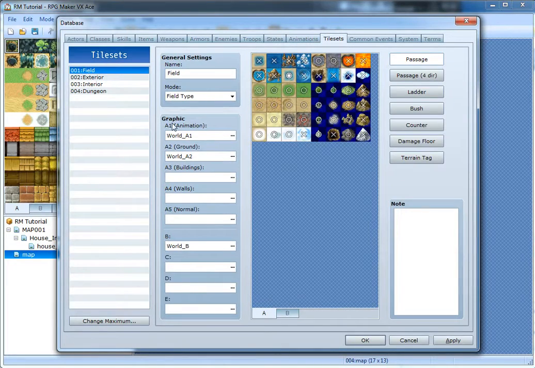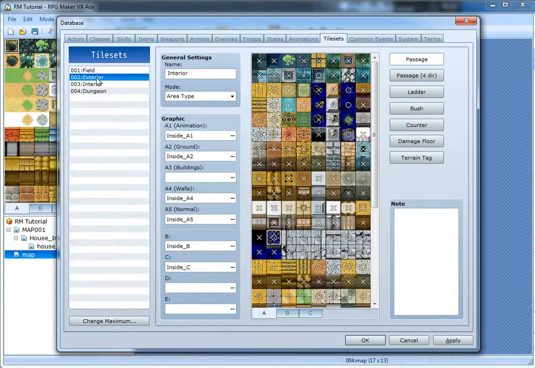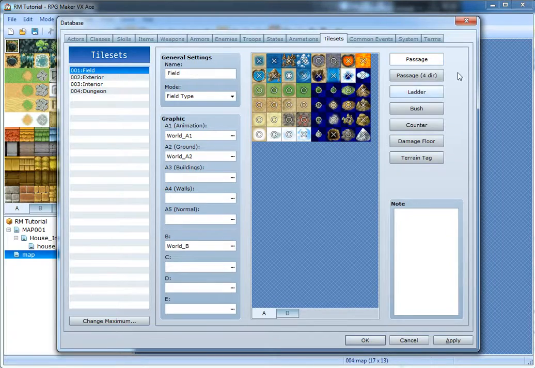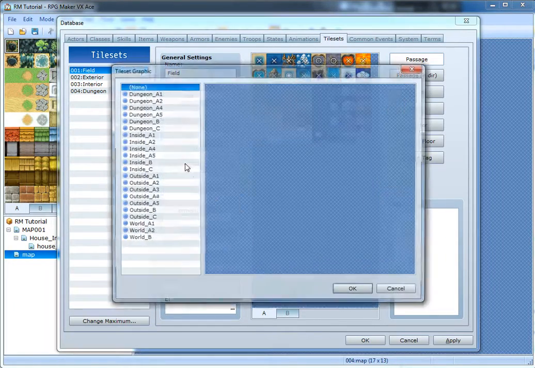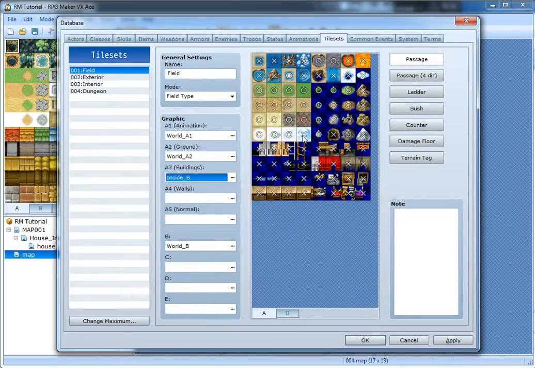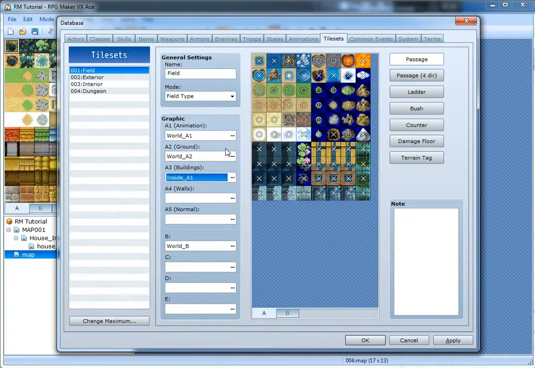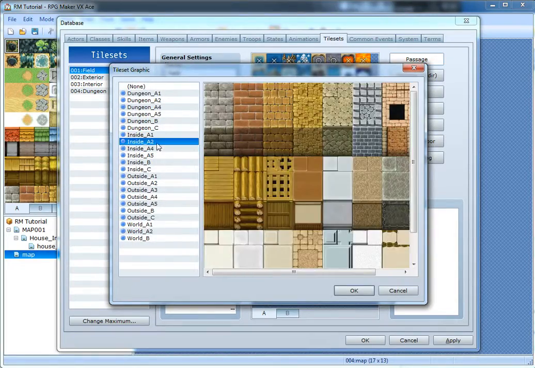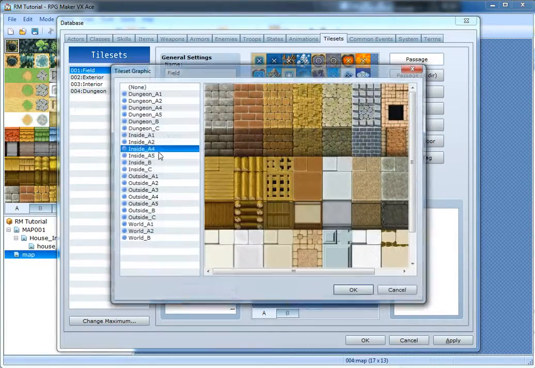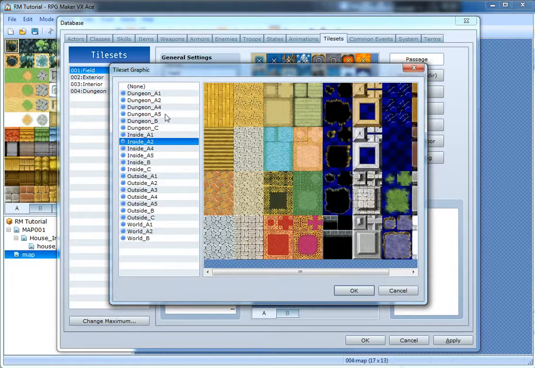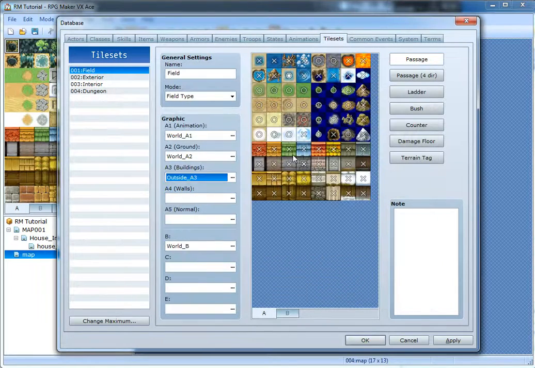Tile sets. These are your tile sets, where you can kind of like, okay, you can create your own, and you can also add more to another one. See how you can just kind of add at the inside B. Inside A3. Wait, there's gotta be one A3 somewhere. Oh, outside A3. Okay, so there's that, and then you can kind of add your own stuff. And the passage, it tells you what you can and can't pass through. Passage direction, like